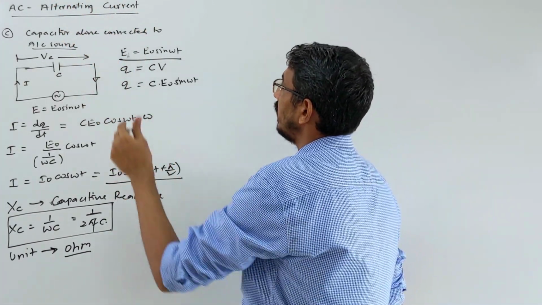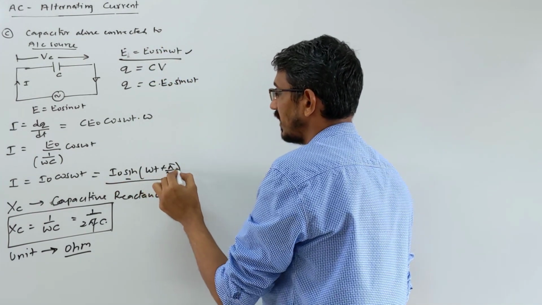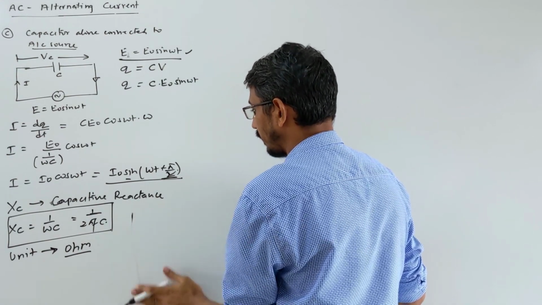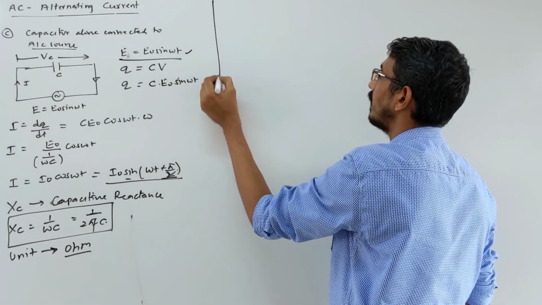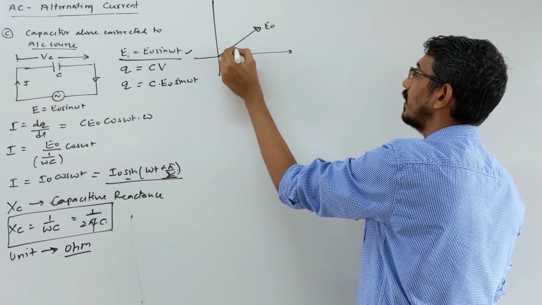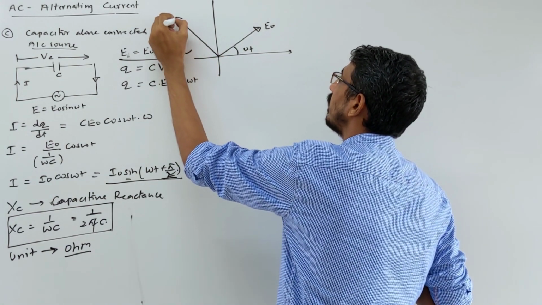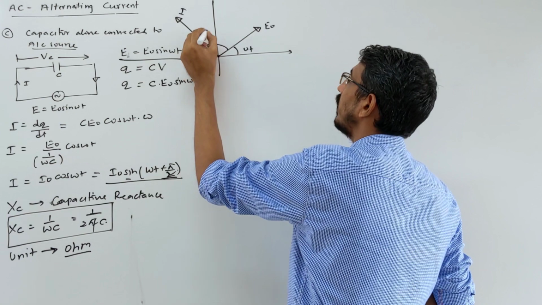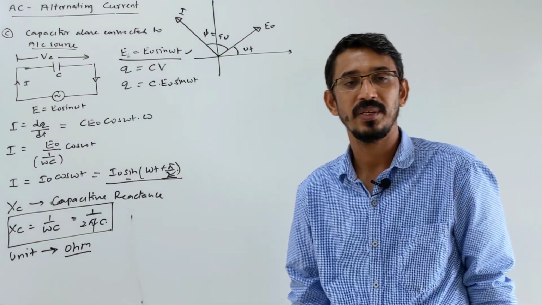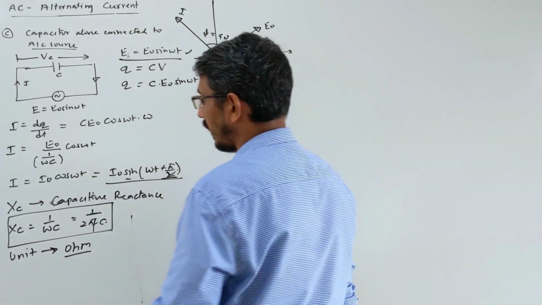So you see this is a voltage equation, sine equation, and this is cos. This is sine plus pi by 2, which means this is ahead. Suppose you draw the phasor diagram here, then how does it look? Okay, I am drawing it here. So this is your voltage, E naught, initial angle omega t, correct? Then current will be ahead, current will be here, and that angle will obviously be 90 degrees. So who leads here? In a pure capacitor connected to the AC circuit, current leads the voltage by 90 degrees.